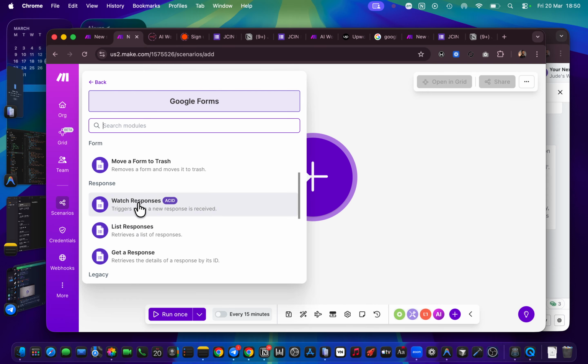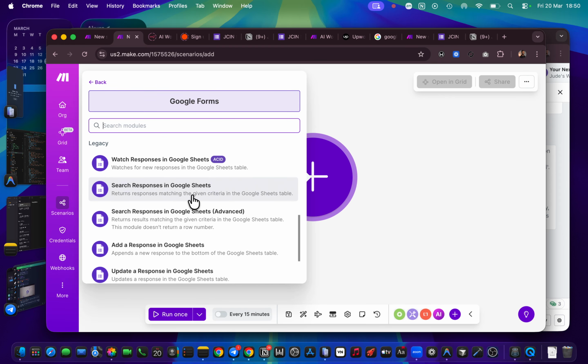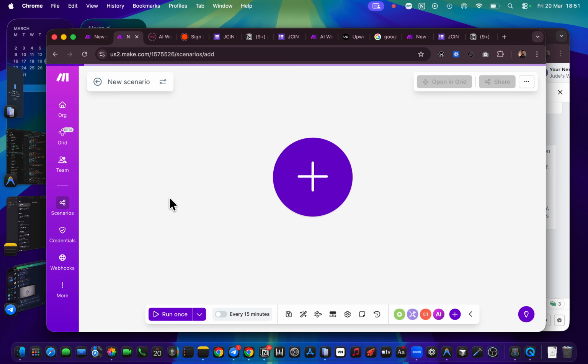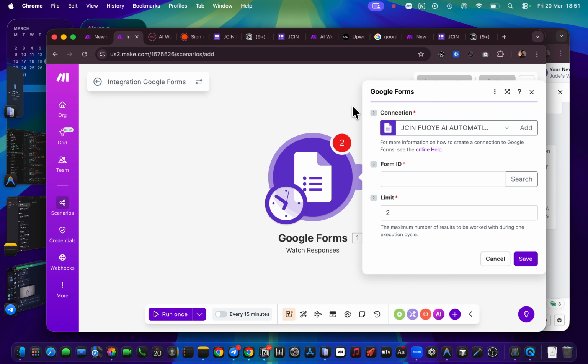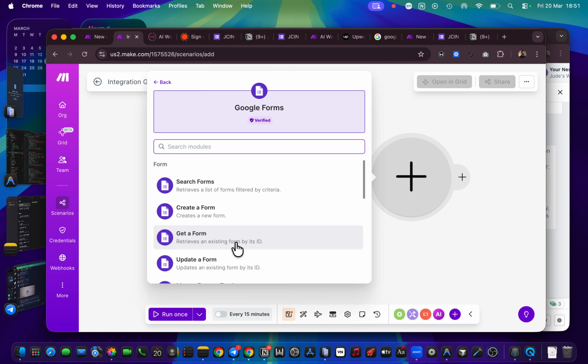So I have tried to work with every single thing. I've used this API call. I've used everything. But for this case, we don't want to go too far. We know we want to get a response from them, right? So we want to try these three out. You pick this first. Let's pick Google Forms again.